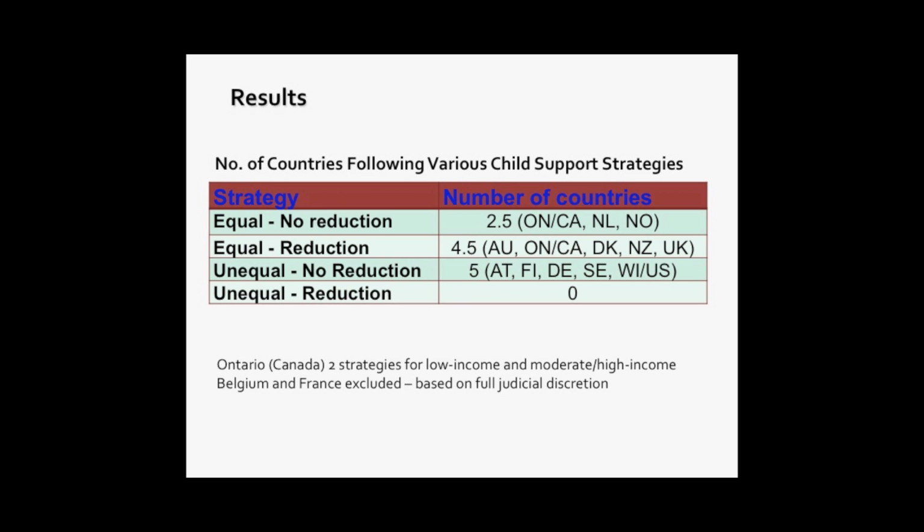First thing to say is that 2 countries do a total judicial discretion model. So it just depends on the court. The judge can do more or less whatever they want. In this case, I've told you what Wisconsin does, right? It's unequal. Remember that second kid gets less than the first kid, and we did not touch that first kid's